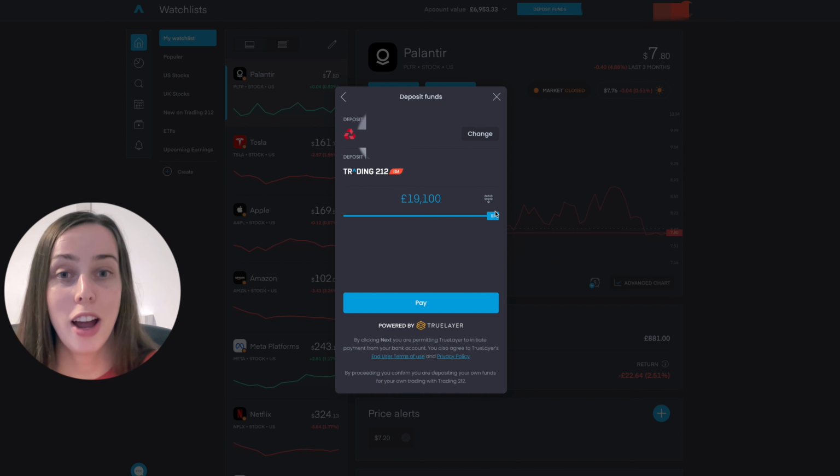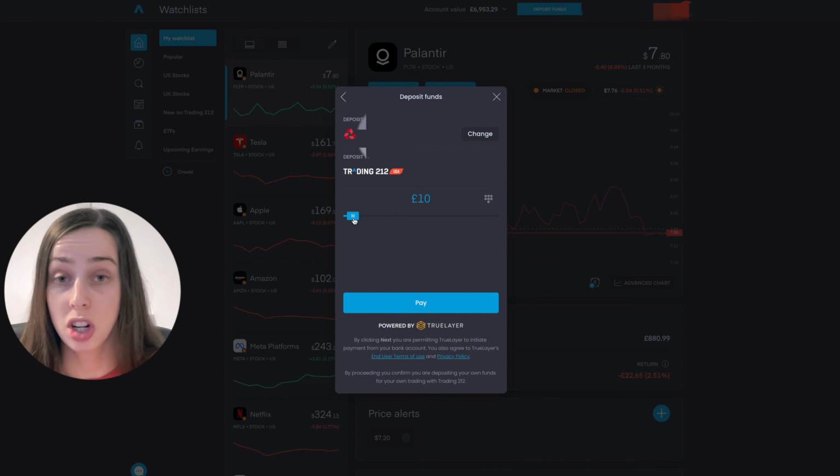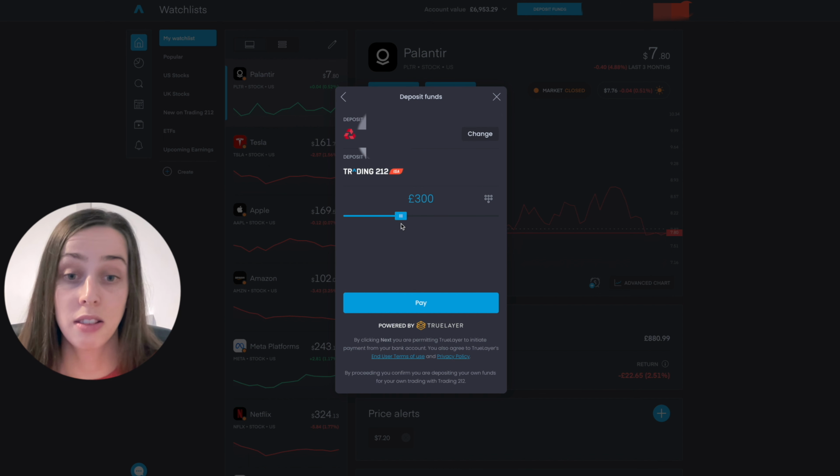That's going to change for every individual person, and that's based on your ISA utilization. So if I had used none of my ISA this tax year, that would be £20,000, because that's the maximum you can put into a stocks and shares ISA within one tax year. But you can do as little as £1. I could transfer £10. I could say I want to invest £300, or I can edit this to a more specific amount, such as